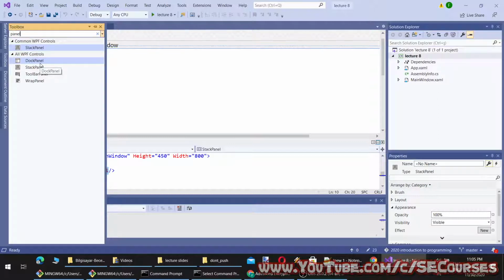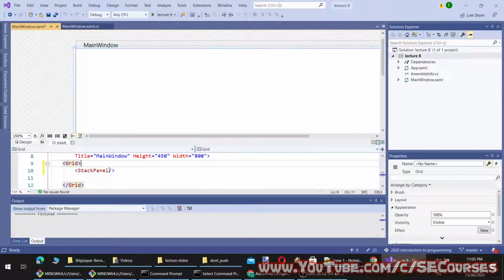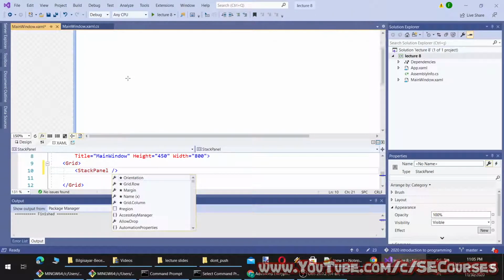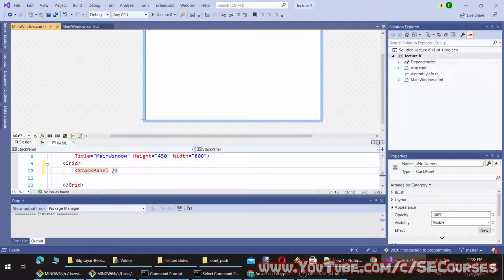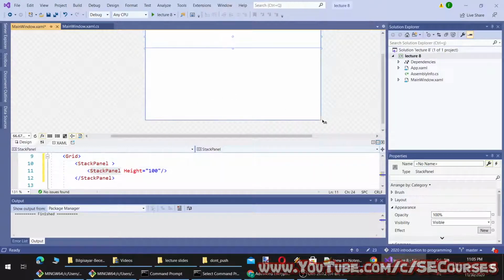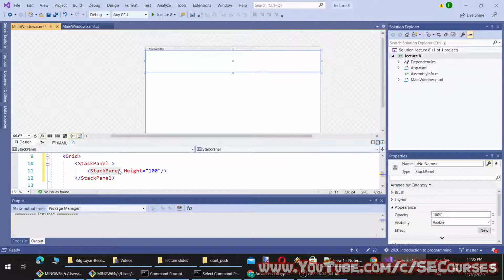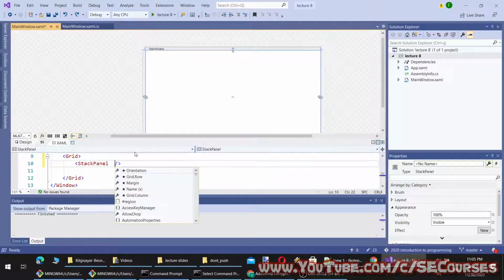There's also dock panel and wrap panel. Okay, this should be good enough. So when I click this, I think it is currently selected and it is taking the full space. Okay, so inside stack panel, it has added another panel which I don't need right now.